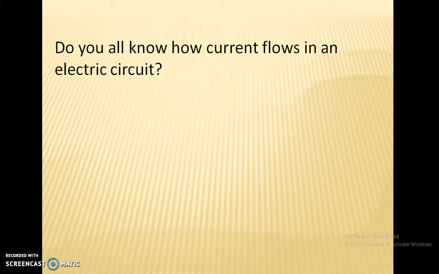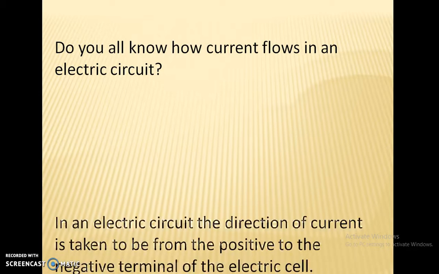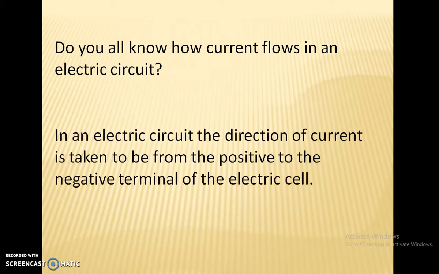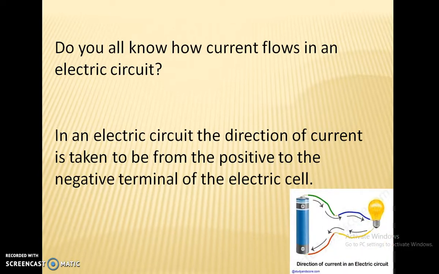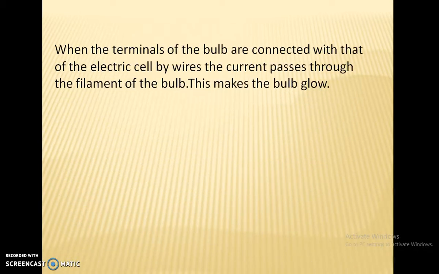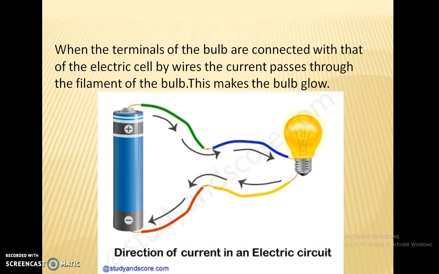I have a question here, student. Do you all know how current flows in an electric circuit? Yes, in an electric circuit, the direction of current is taken to be from the positive to the negative terminal of the electric cell. So, as you can see on the screen, when the terminals of the bulb are connected with that of the electric cell by wires, the current passes through the filament of the bulb,